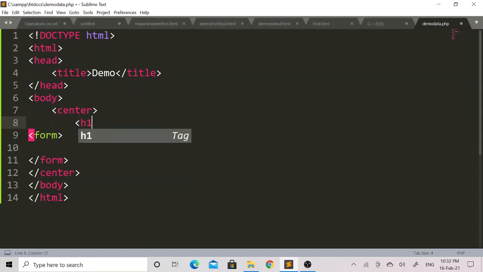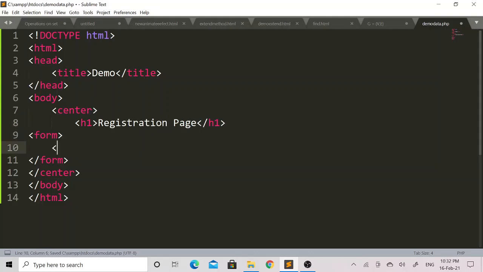After the center tag, I will add an h1 tag, and within the h1 tag I will mention registration page as a heading. Then within the form tag, first I will take an input tag.